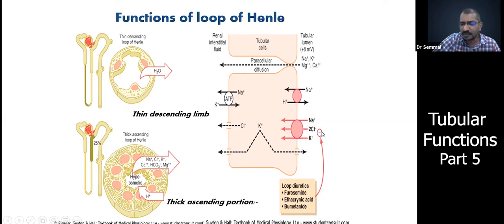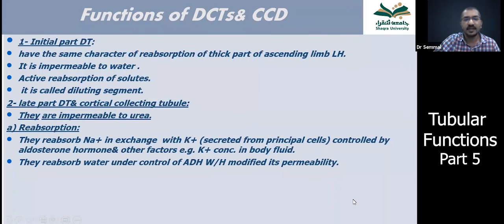Furosemide will block everything. So sodium, chloride, potassium will go in the urine along with water. So when you give furosemide to a patient, there will be a large amount of urine output. So in edema situations, you give furosemide and the excess fluid will go. You ask the kidney to produce more urine so that the excess fluid will go out of the body.